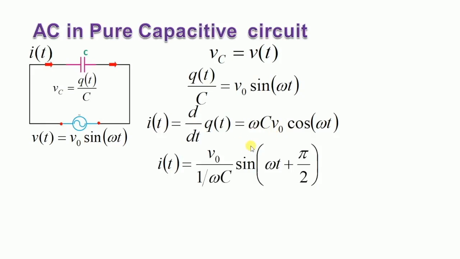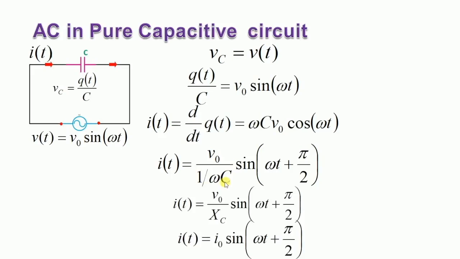But we shall take a proper step, as we want to look at something in the denominator. So we are enforcing this omega C to go into the denominator. So V0 divided by 1 by omega C. Here this quantity 1 by omega C we shall define as the capacitive reactance. Capital X is reserved for reactance, and as it is pure capacitance playing the role, we define it as capacitive reactance. So V0 upon capacitive reactance we define as I0,